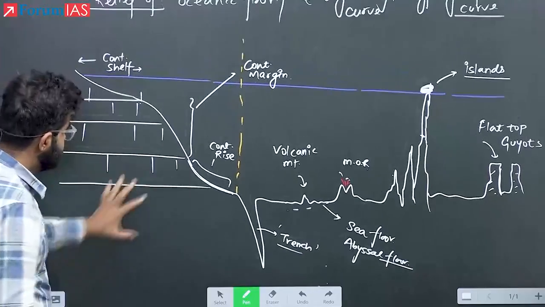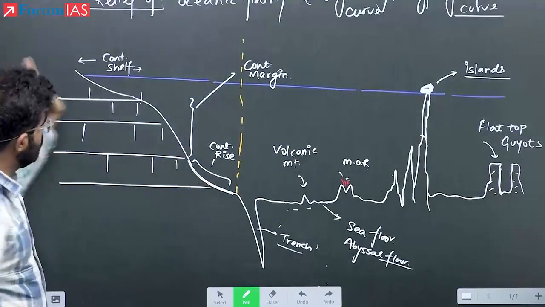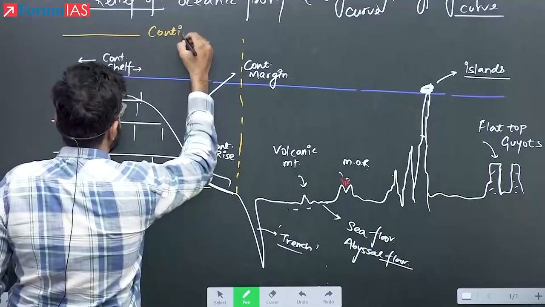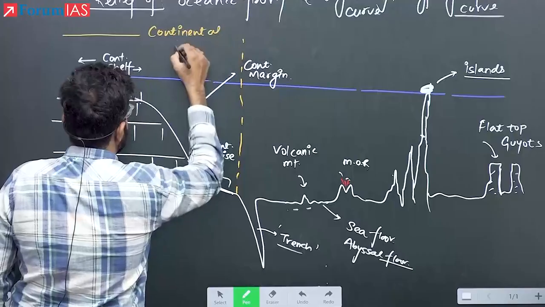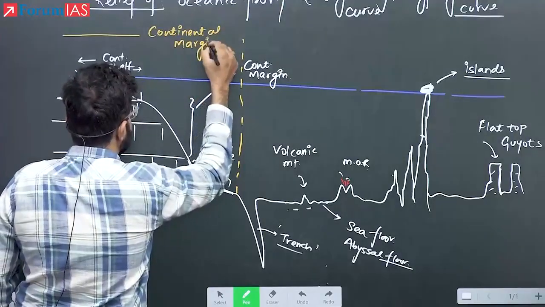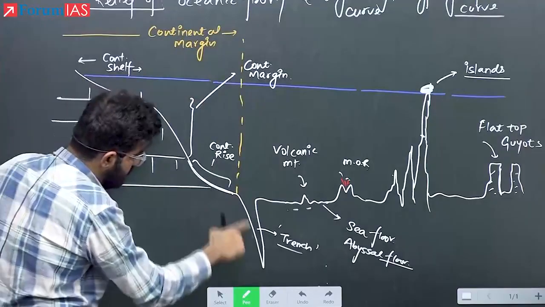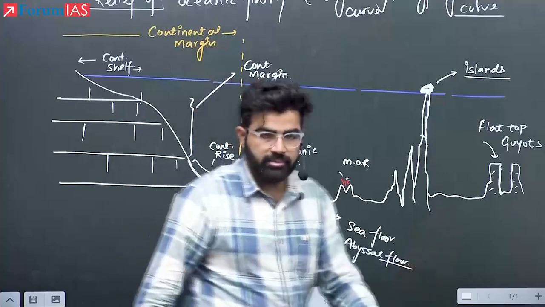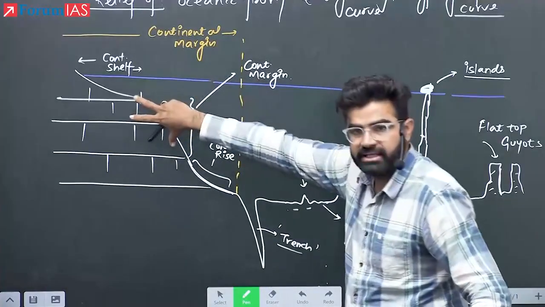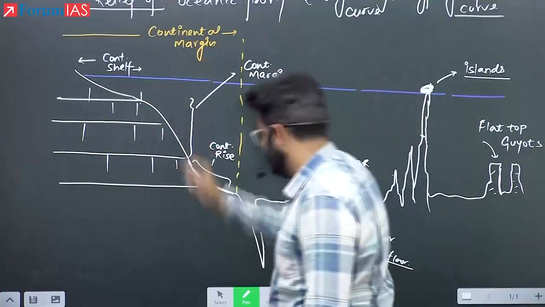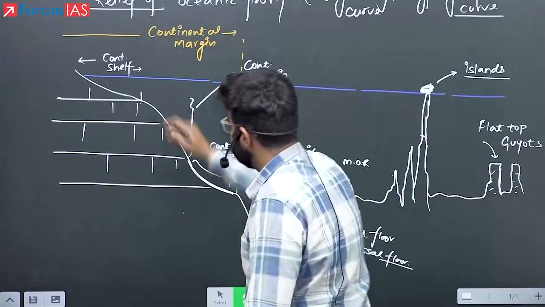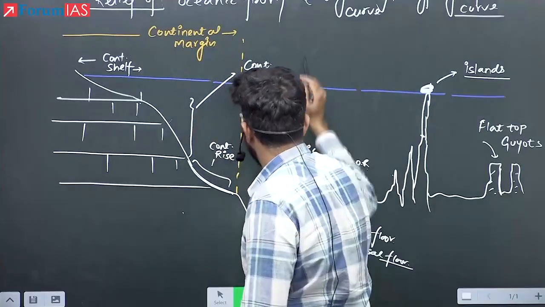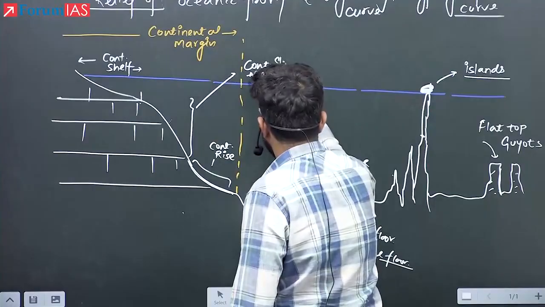So up to here it is the continent's boundary, right? Therefore we will call this, up to here, the continental margin. And from the continental margin onwards, it is the trench, right? And now it is entirely ocean, right? So up to here it is nothing but part of the continent only. So we have divided this continental margin into three parts primarily: continental shelf, this is continental slope,